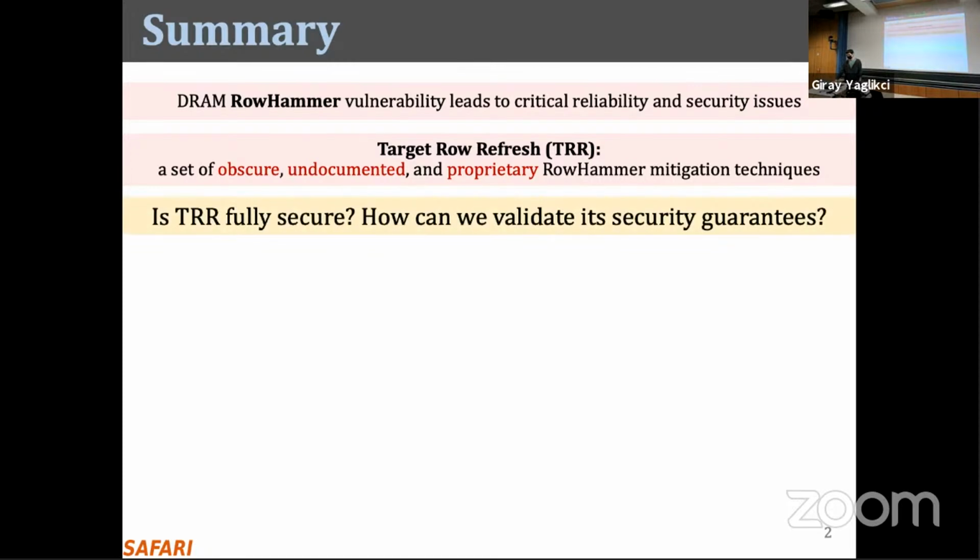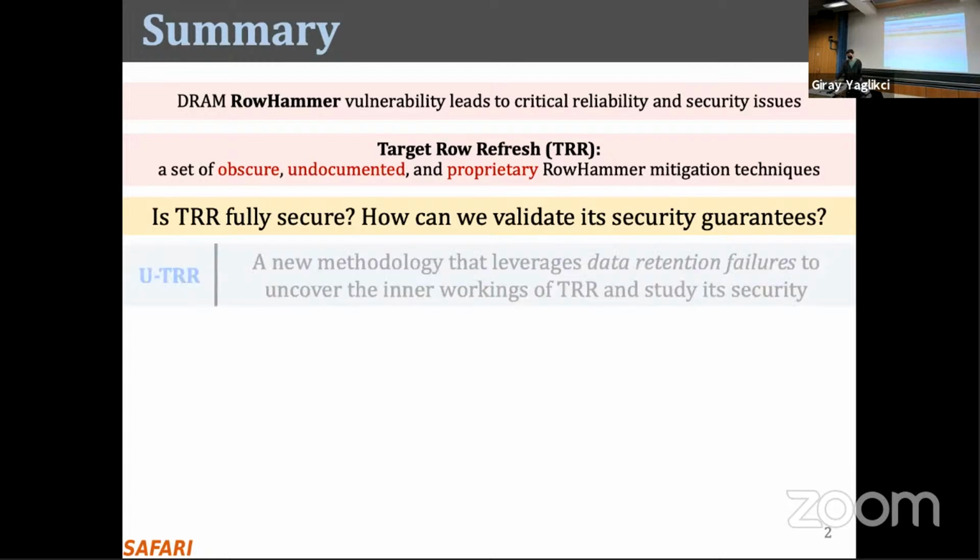So in this work, our main goal is to answer these 2 questions. Is TRR fully secure? Does it really provide the guarantees that it is supposed to? And the second question is, how can we validate the security guarantees of these in-DRAM TRR mitigation mechanisms? Okay,